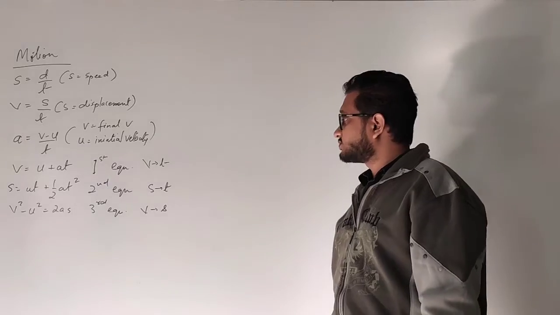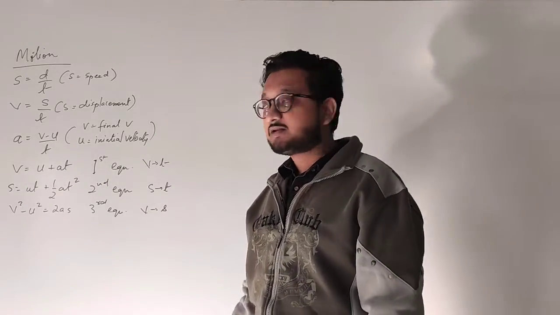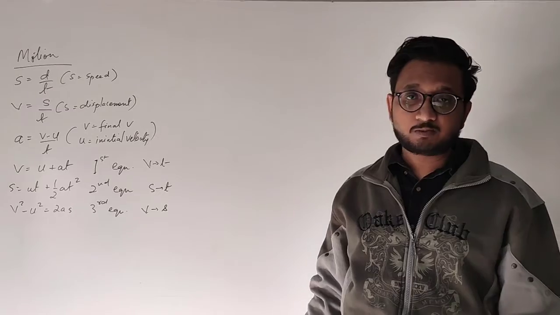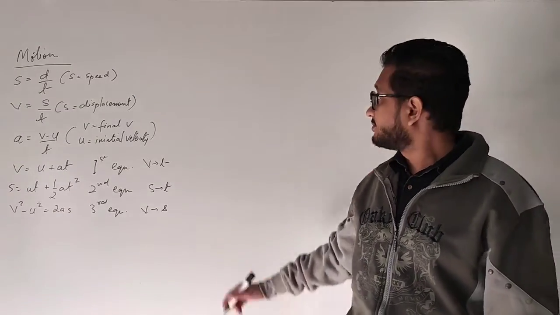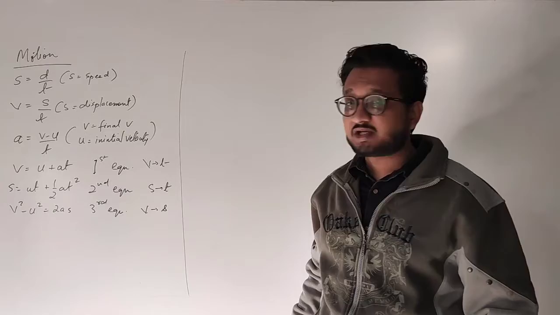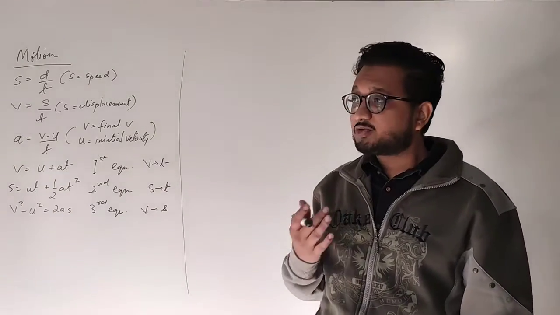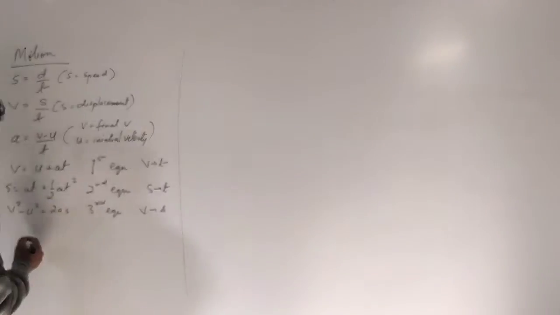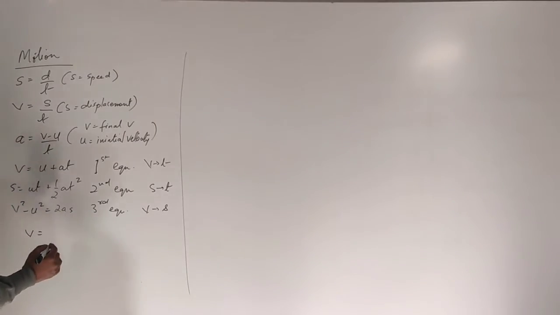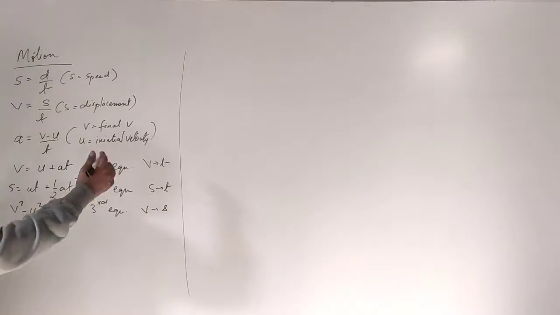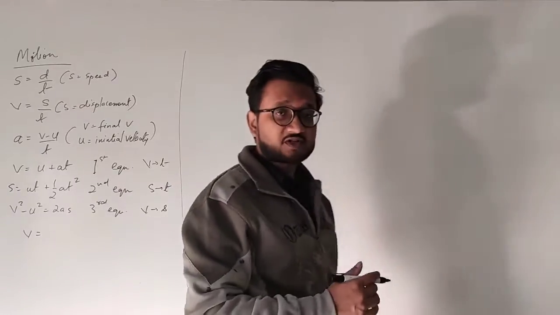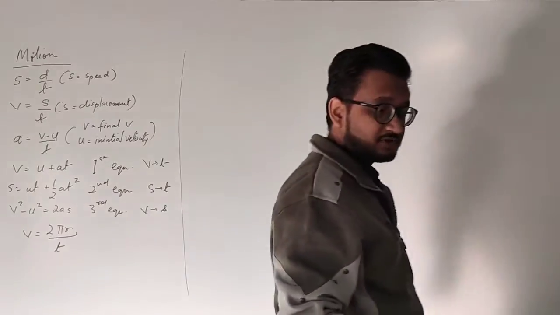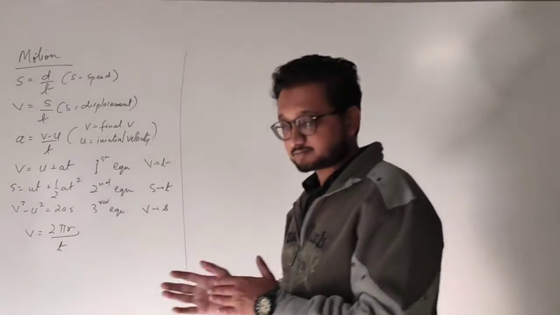I hope this much is clear to you students. Very easy. Just remember these formulas and you will be good to go. I hope I have covered all the formulas over here. For the uniform velocity or the speed for the object in circular motion, velocity V or speed is equal to distance covered, and in the case of a circular motion, the object is covering circumference, which is 2 pi r. So it is 2 pi r upon time taken. I hope this is clear to you students. Quite easy.